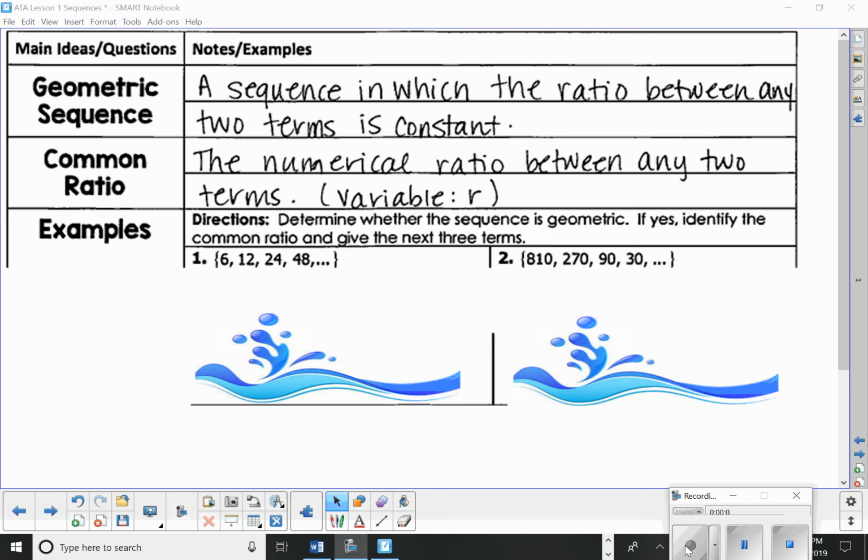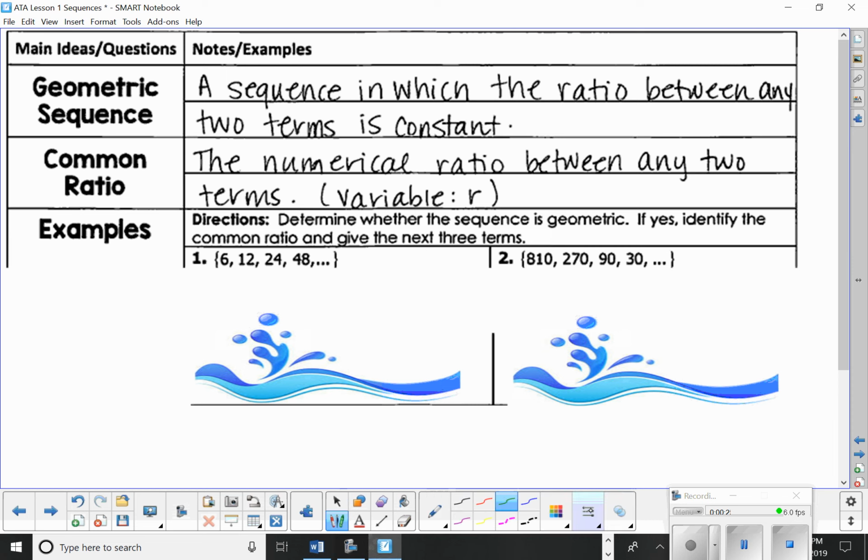We are the third and final item in sequences, and that's geometric sequences. A sequence in which the ratio between any two terms is constant. That means you multiply by the same number to get the next term. The common ratio is the numerical ratio between any two terms, variable r. To find variable r,